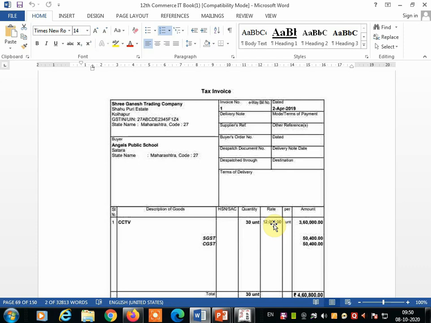Otherwise nobody is asking what you learned manually; it will remain in the book only, that is the ledger account and the register. But this is very important, otherwise you have to go outside and once again do the course for Tally. So I hope you understood all this procedure to calculate CGST, goods and services tax. Thank you.